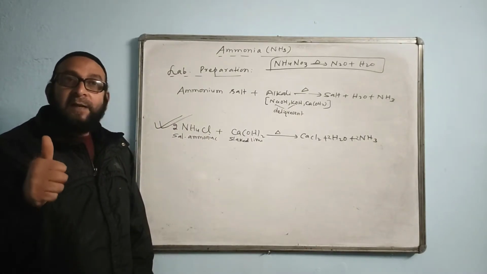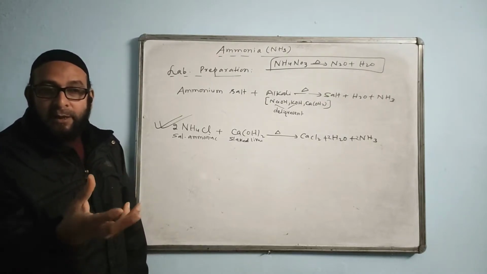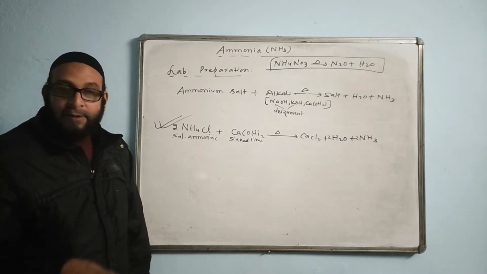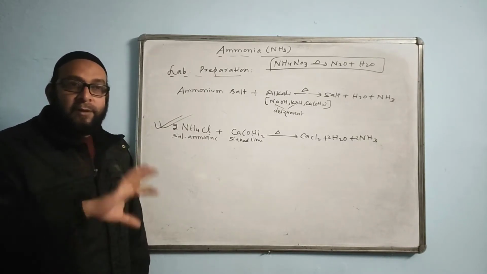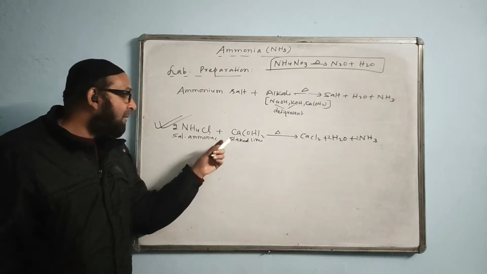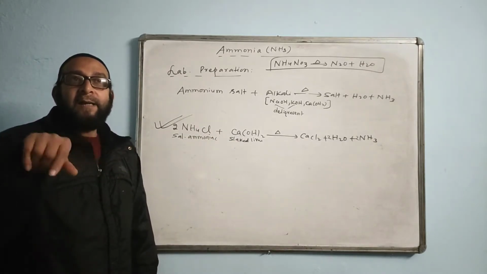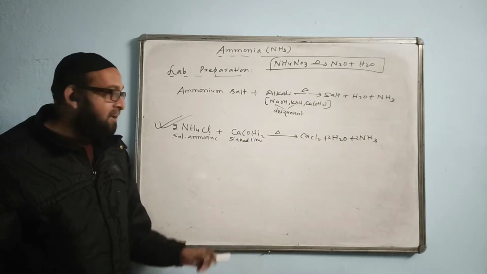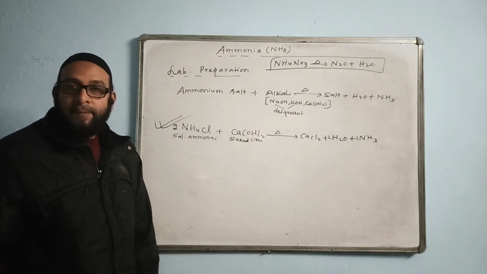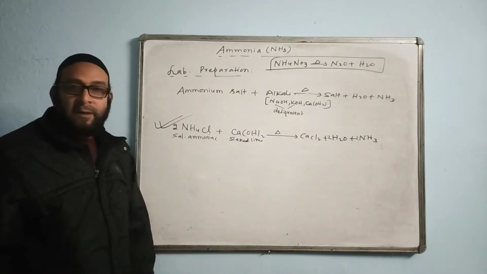When we prepared HCl gas, there was one solid, that was NaCl, white crystalline solid, and there was a liquid over there, that was sulfuric acid. One solid, one liquid we had. But here, both the reactants are solid. Even a question like 'name a gas that can be prepared by 2 solid reactants': the answer is ammonia. And what are the 2 probable solids? One is this, another one is this.